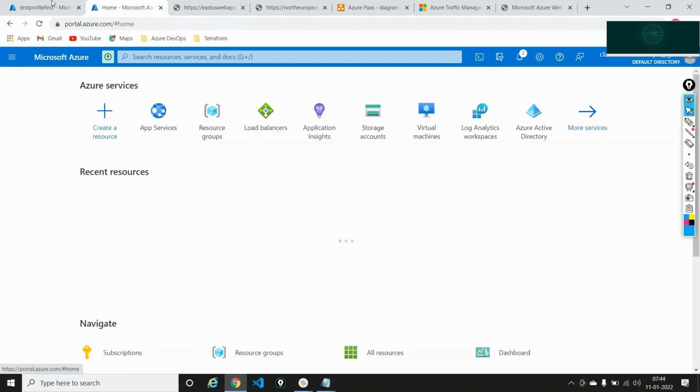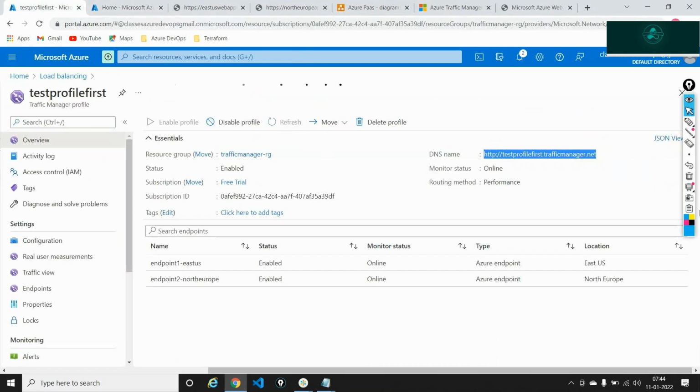So now if I go into the traffic manager profile and just refresh the screen, I now see something called monitoring status, and it says both the websites are online, meaning they are healthy, I'm good to manage them and so on. Now the question for you all guys is that if I hit this URL,